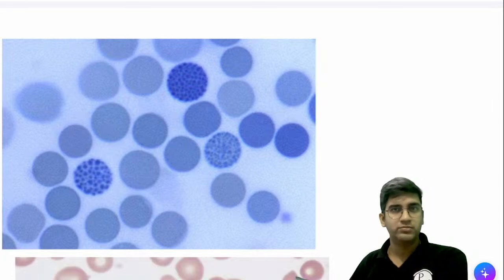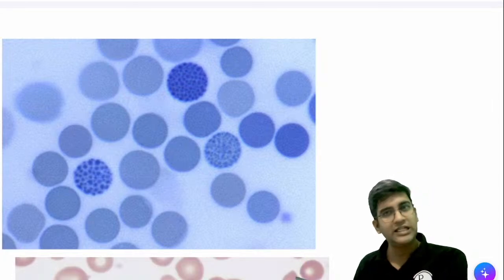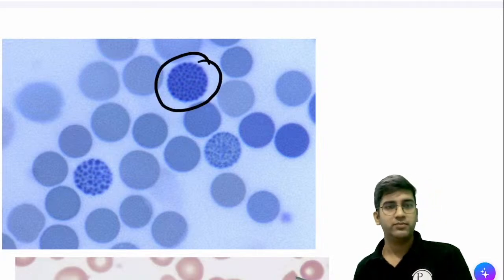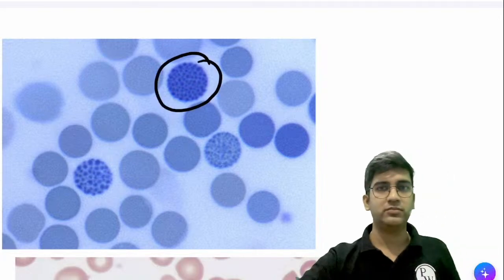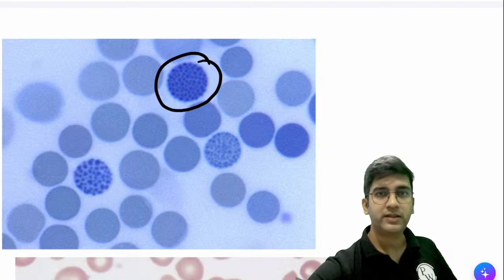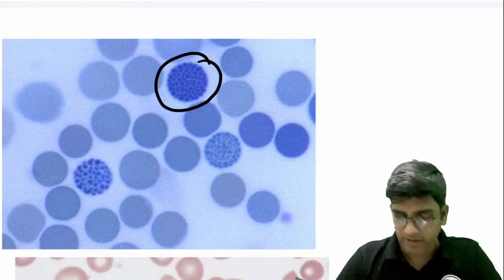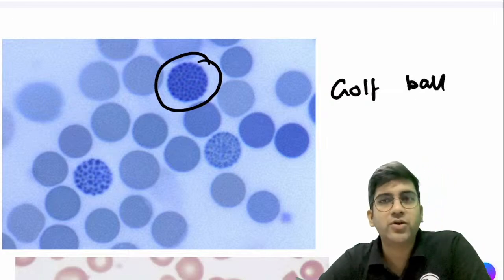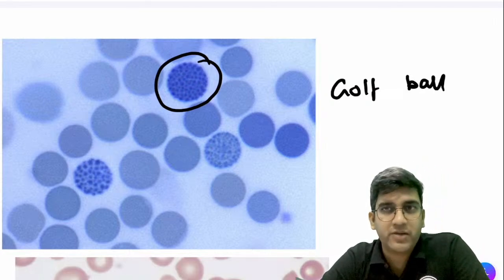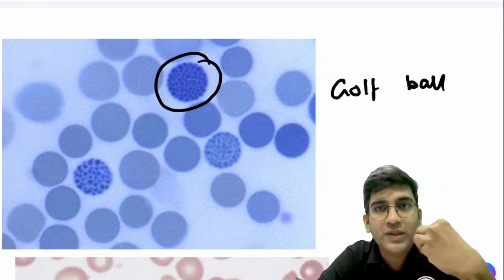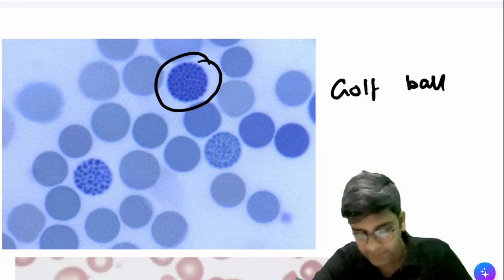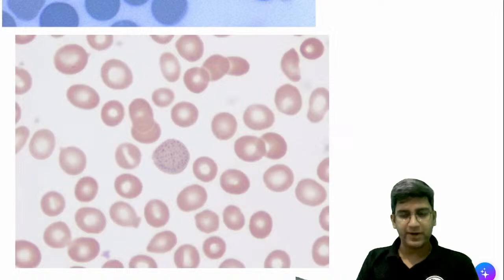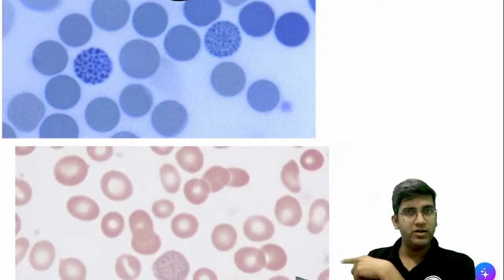Okay. Leishman, new methylene blue. New methylene blue, right? Blue RBCs. Single, multiple. Multiple. Uniform, not uniform. Uniform. What do you think is the diagnosis? It is perfect. It's your golf ball inclusion seen in HbH or alpha thalassemia. Fine. It's very simple if you go with a routine template. Next, Leishman, new methylene blue. Leishman. I hope you can identify the difference. You won't make a mistake here, right?